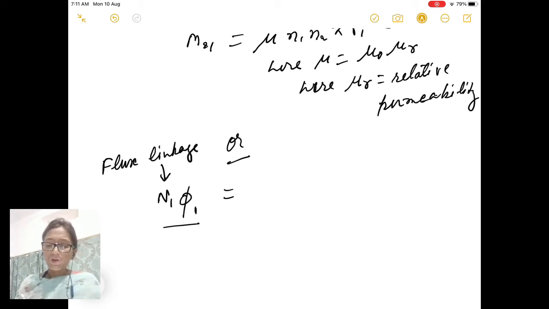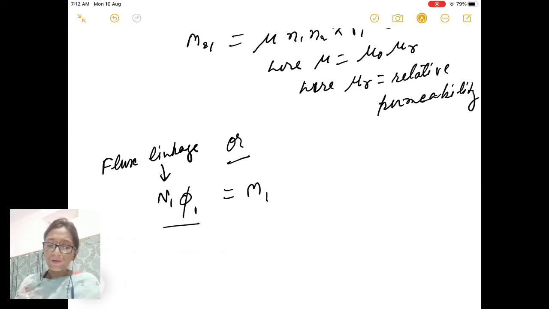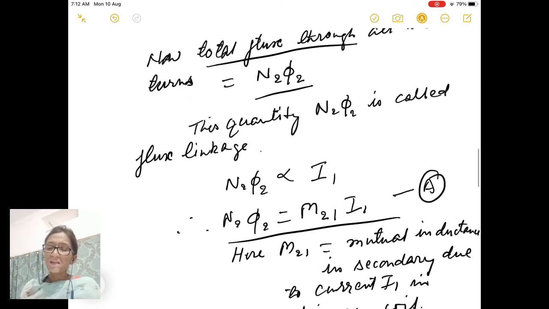This must be equal to the mutual inductance through the secondary. Okay, this is the mutual inductance through the primary due to the secondary, because now current is flowing in the secondary coil. Now here we will do the same things. N1 is equal to the number of turns per unit length into L. From this equation,